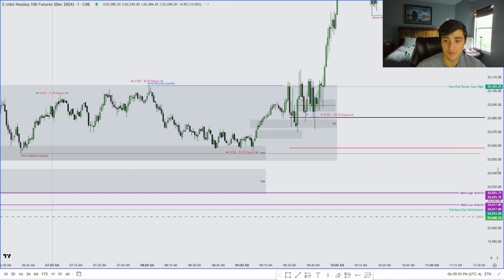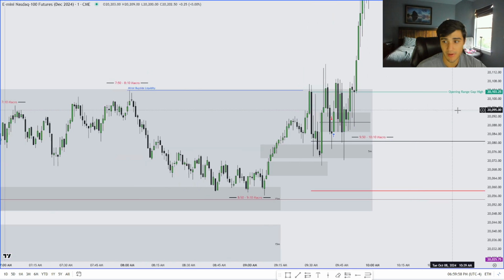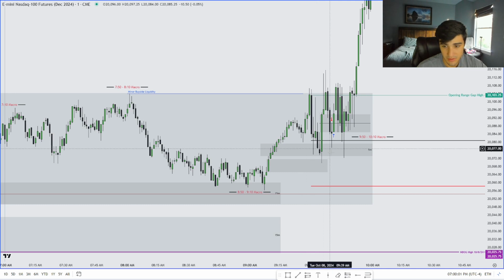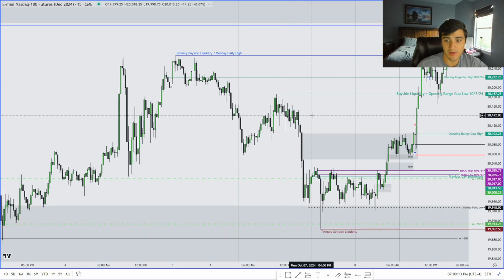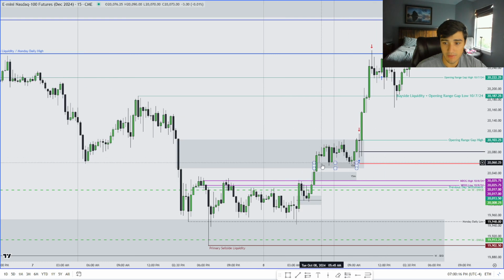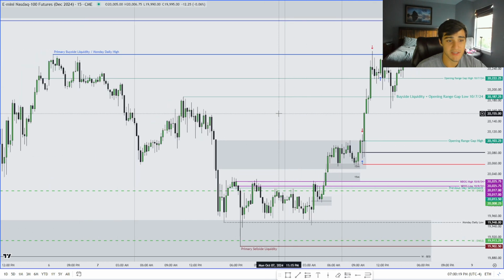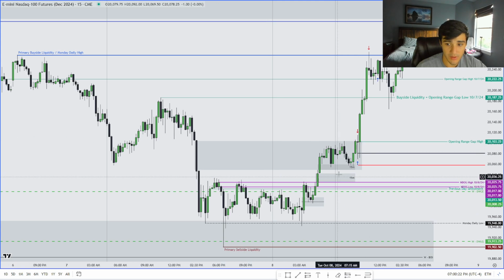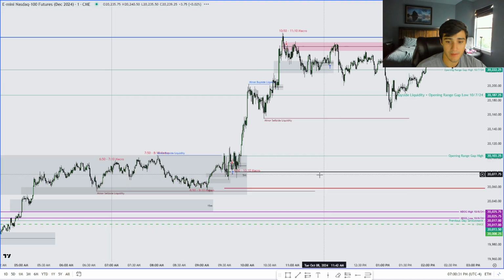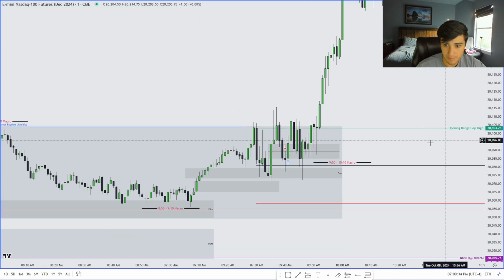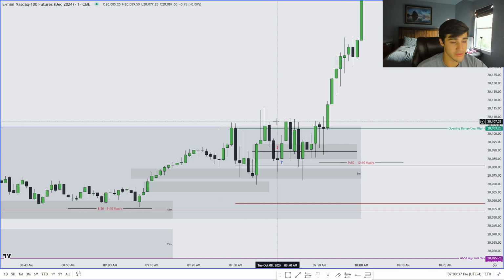Okay. So 2024 mentorship logic, our initial bias is determined by the opening range gap because there's a 70% likelihood that price is going to trade down to the consequent encroachment of that. But in this case, it is not valid to establish a bias using the opening range gap because of that higher time frame market maker buy model. And given all this information here and given the information down here, price is clearly on the buy side of the curve, aggressively seeking the relative equal highs above yesterday's high, above here, seeking the opening range gap from yesterday's session. So ignoring all that information, that clear intel, I impulsively sold short